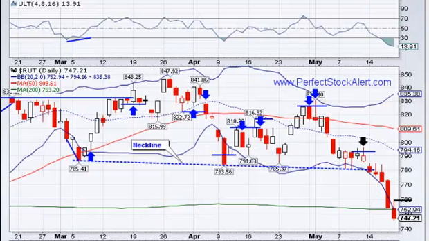The Russell 2000 Small Cap Index, or the RUT, this one we stayed short with it, keep advancing the stop. We're now stopped right here. We're closing down below the 200-day moving average. Again, you can use that as a leading indicator and say, wait a minute, if this particular average in the U.S. is already trading below the 200-day moving average, are the others headed that direction? The answer to that question is yes.